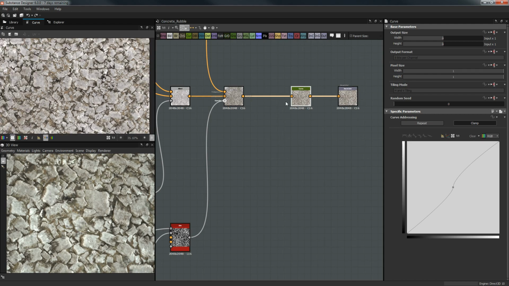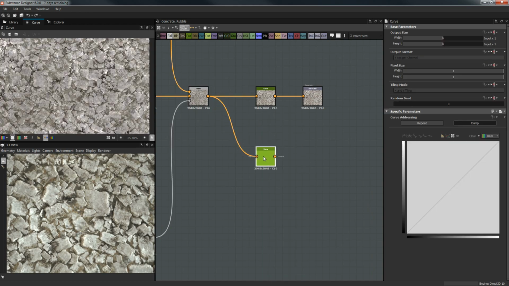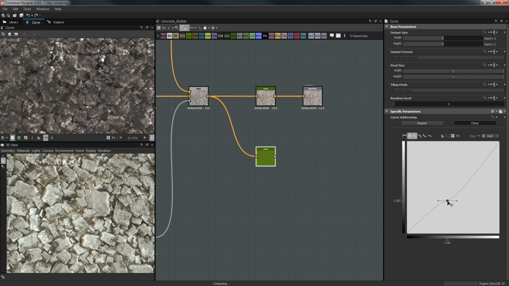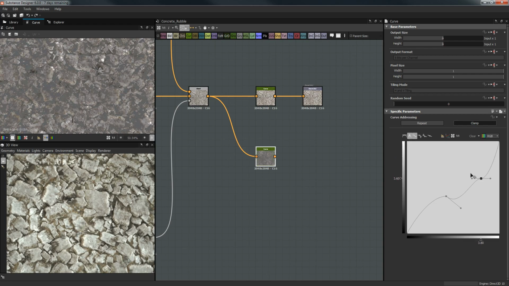Okay, curve node, it's like the curves in Photoshop. Okay, this is really handy. You can see that you can work with your colors so easy. If you unlock them also, you can control them a little bit better. You can add more lines. So with this you can get so much